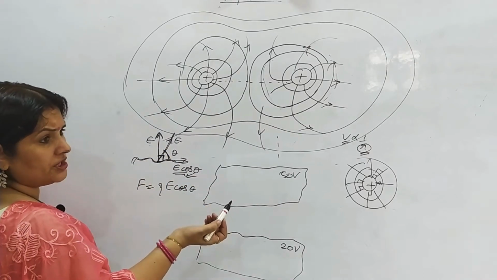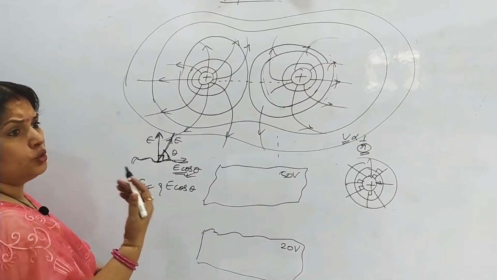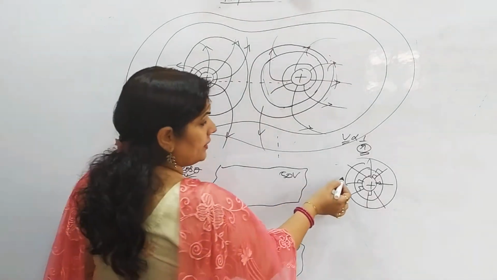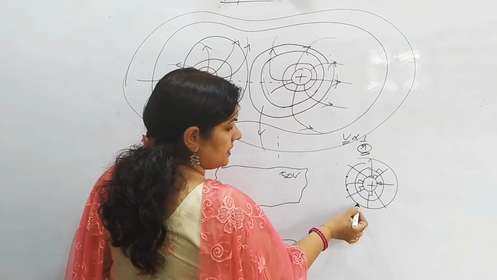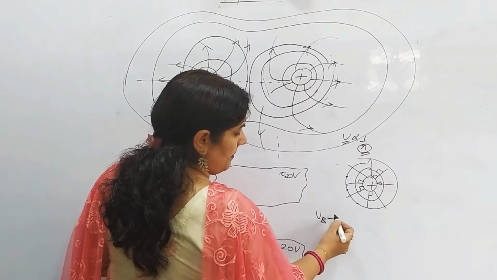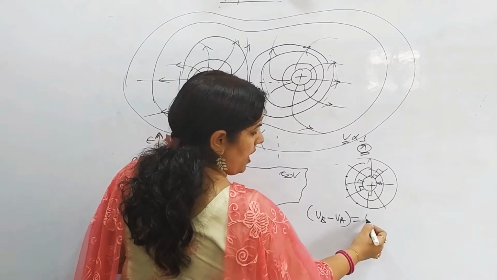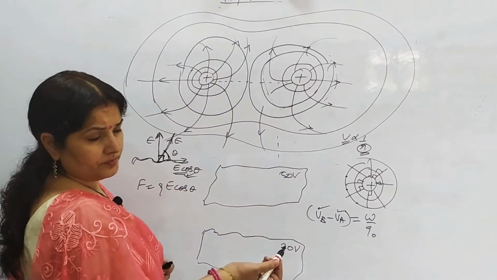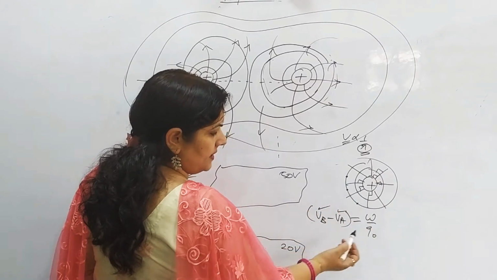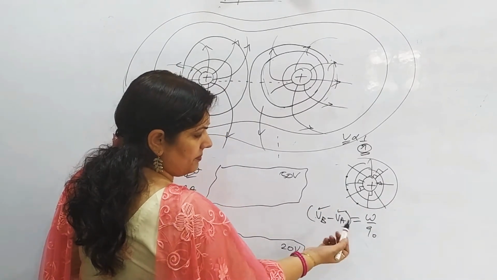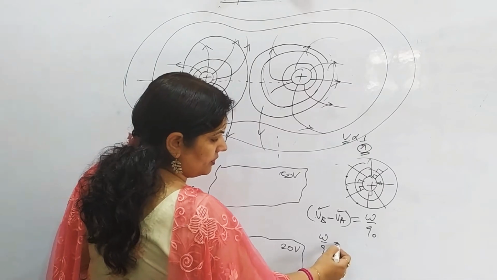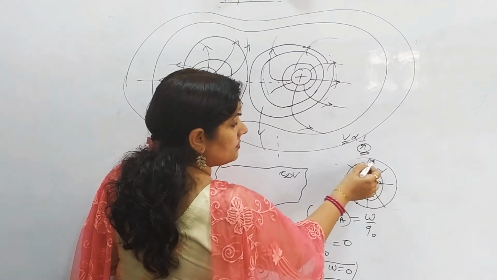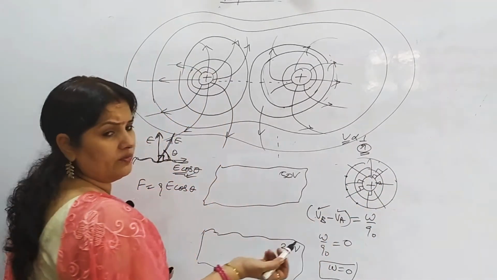Now when electric field lines we are assuming like this, and we find that if electric field on any equipotential surfaces, charges do not do any work done, right? Suppose this is a equipotential, यहाँ पे भी potential same है, यहाँ पे भी same है, यहाँ पे भी same है. VB minus VA is work done upon charge. अभी VB और VA दोनों same हो गए, equipotential surfaces में potential same हो गया, तो VB VA both are same, तो VB minus VA is 0. Work done per unit charge is 0. Work done is 0.